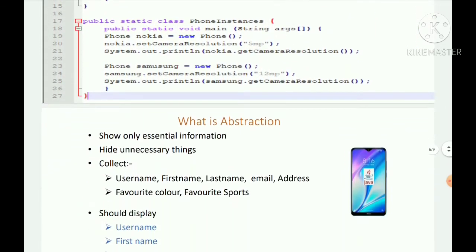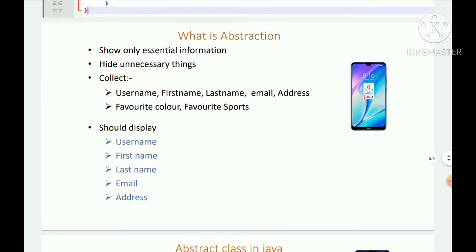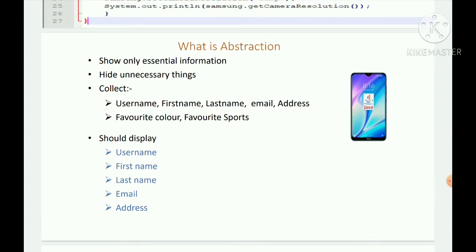Okay, let's move on to the OOPs concept. Okay, so in this video we are going to discuss abstraction. So what is abstraction? Abstract means what is the essential thing. You need to share the essential thing only. You don't want to share the unnecessary things. Yeah, you may think like that. Everybody is in the same way, right? Normally human beings are doing the same thing, right? If they are asking any questions, then we are giving the relevant information, right? But why are we saying that in abstraction you need to give the essential information, don't give the unnecessary information?